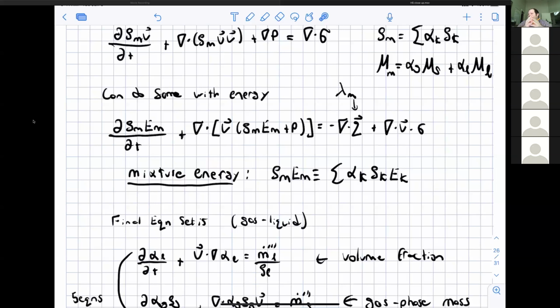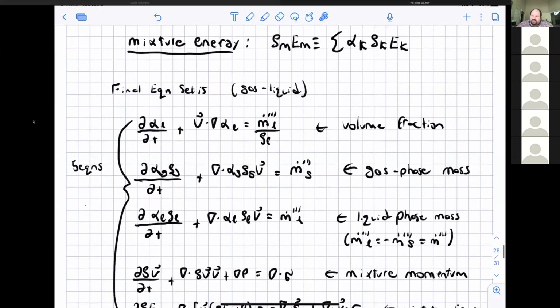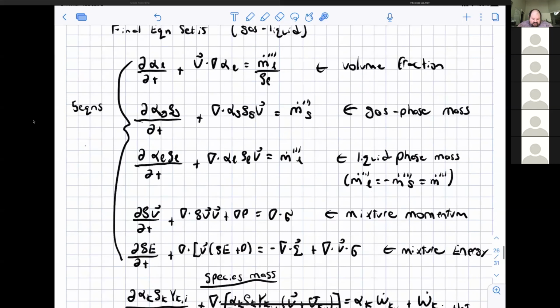but this could be gas solid, or this easily extends to n phases, not just two. You can extend this very straightforwardly to say 10 different phases. Okay, and by phases, in this field in general, it's used in a very loose term, and so it just means 10 different things, like anything that is not allowed to mix at the molecular level. Okay, and so our final equation set with our 5 equation model is